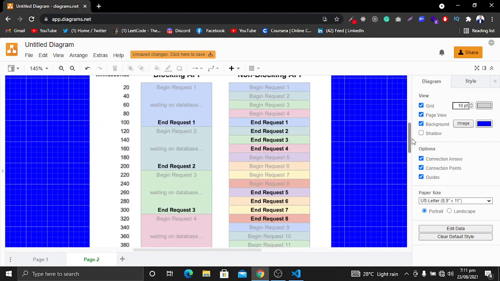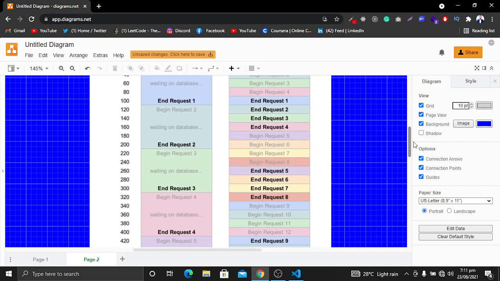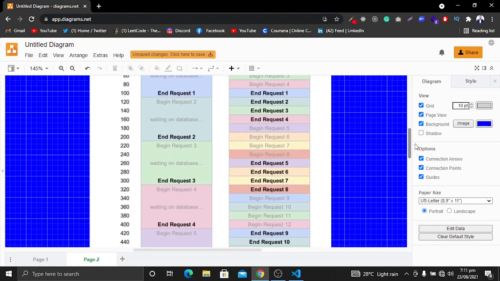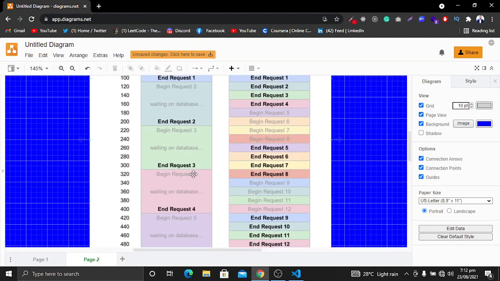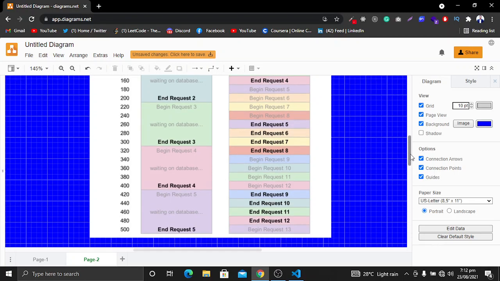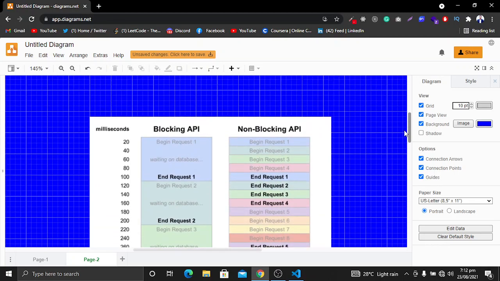Now you will see how long it will take because it is executing one task at a time. Similarly, as we move down with request 3, request 4, request 5, it has the same implementation.